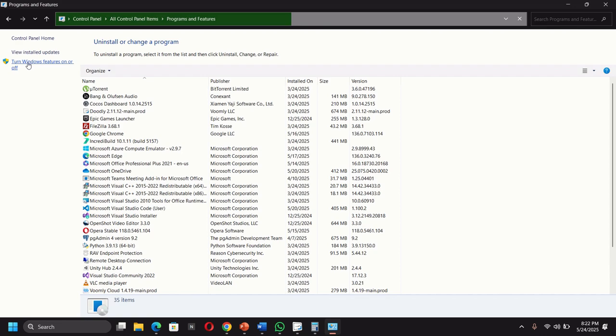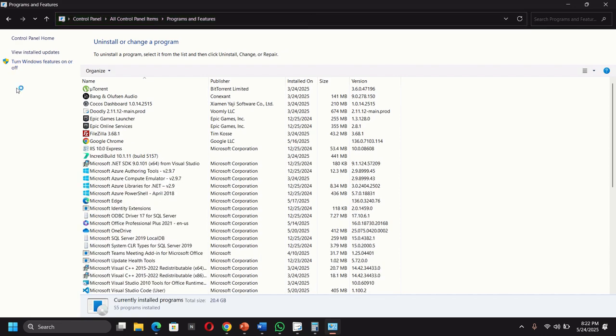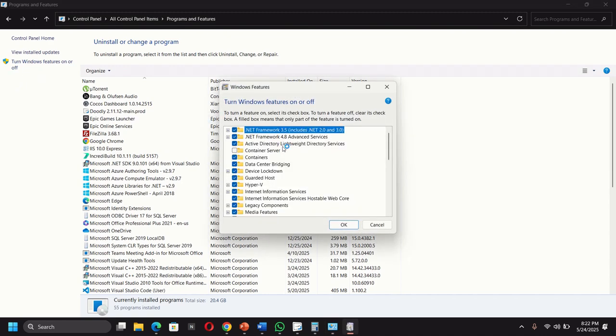Now the third one is if you want to turn Windows features on or off. This is the one you need. I'll click on it now. So it's going to come up with this dialog box. Now what you are looking for is this Hyper-V. I've already enabled the Hyper-V. So all you need to do now is to just check this box and also make sure that these two